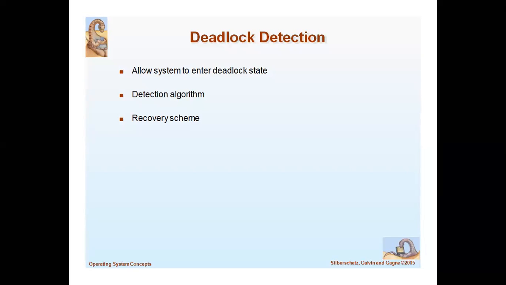In the deadlock detection algorithm also, there are two ways we can detect it. One is a single instance of a resource, and the second one is multiple instances. We already discussed this in deadlock avoidance. There also, for a single instance we used the resource allocation graph, whereas for multiple instances we discussed the Banker's algorithm in the previous concept, deadlock avoidance.